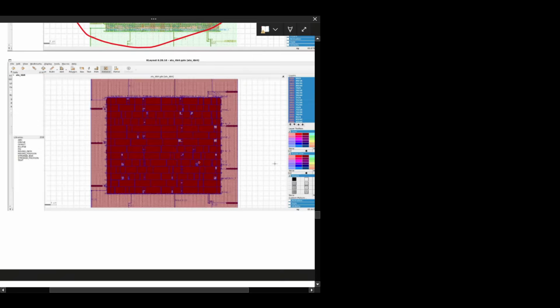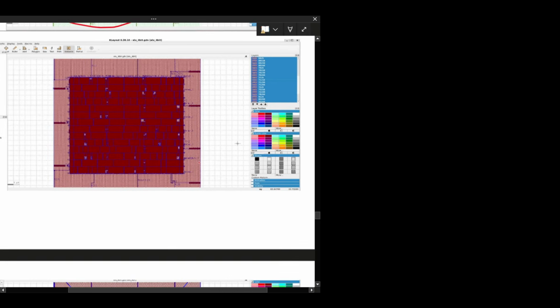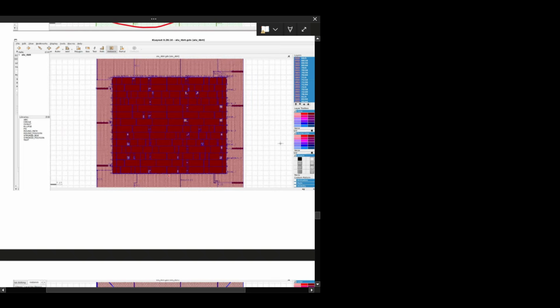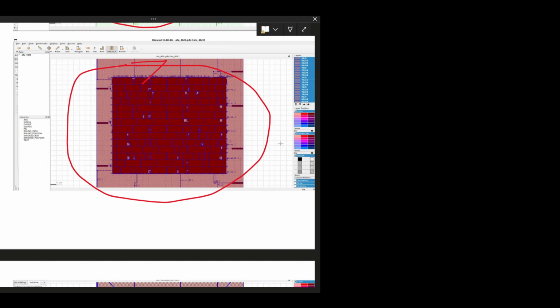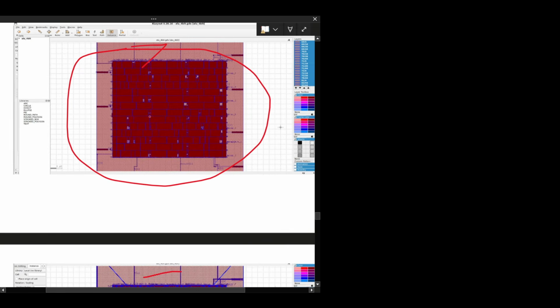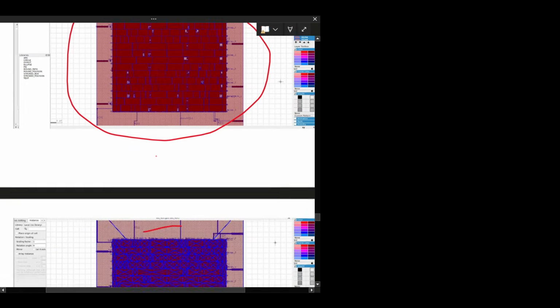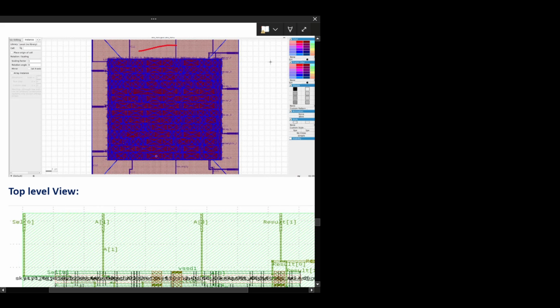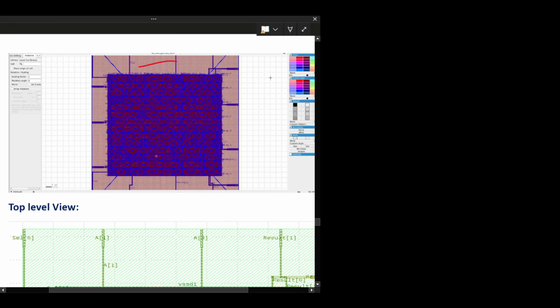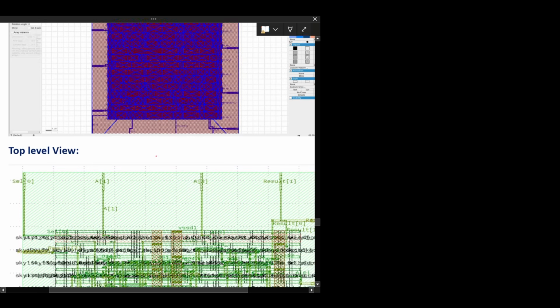After giving styling and coloring, this is the more efficient chip design. We show each and every gate structure, boxes, interconnections, layout, instances, and this is the final chip layout.